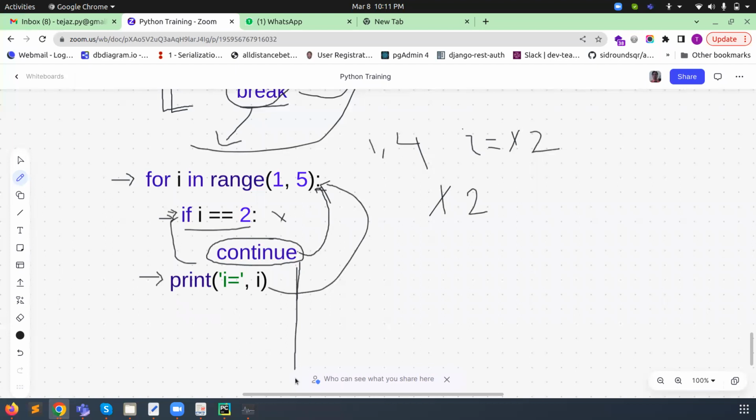Either this line or this line, nothing will be executed after the continue statement. The control will directly go to the condition of the loop, while in break, it goes outside of the loop. This is the major difference between break and continue. This question is always asked in interviews: what is the difference between break and continue?